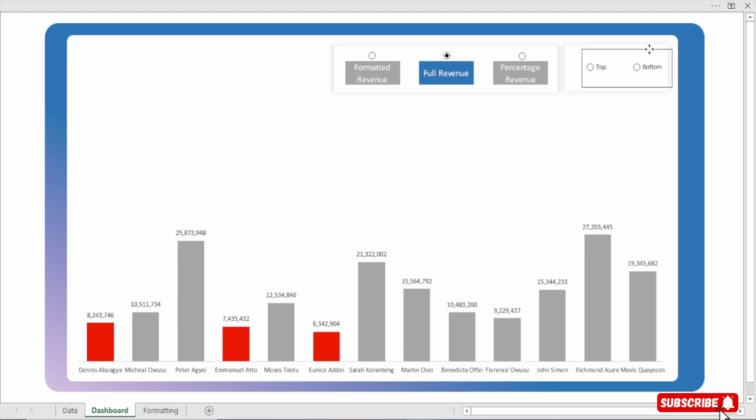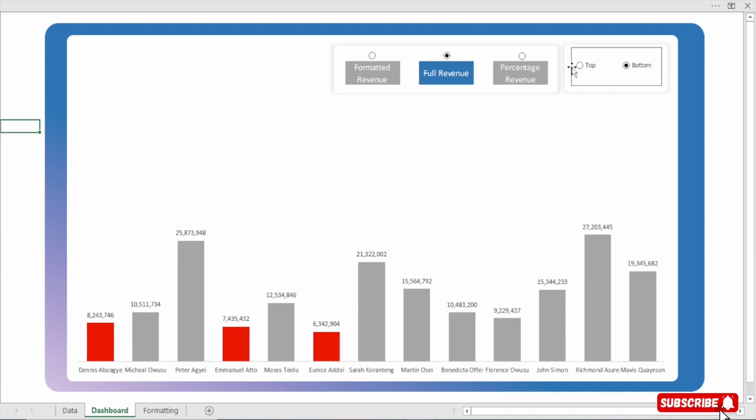Okay, so I'll bring it here. Perfect. So watch here. This is what I have. When I select top, it is not showing anything, right? It's not showing anything because the cell link has been deleted.